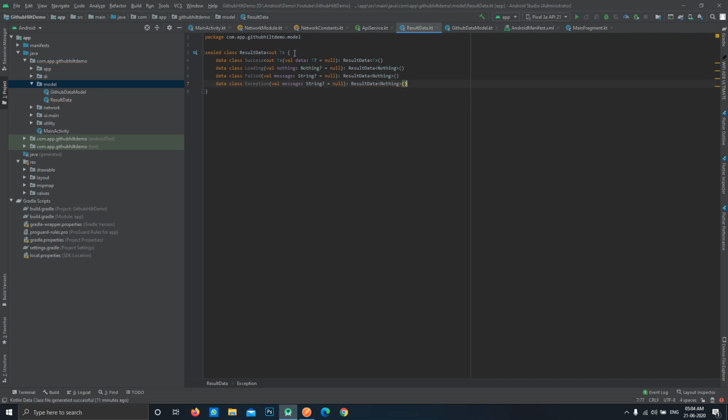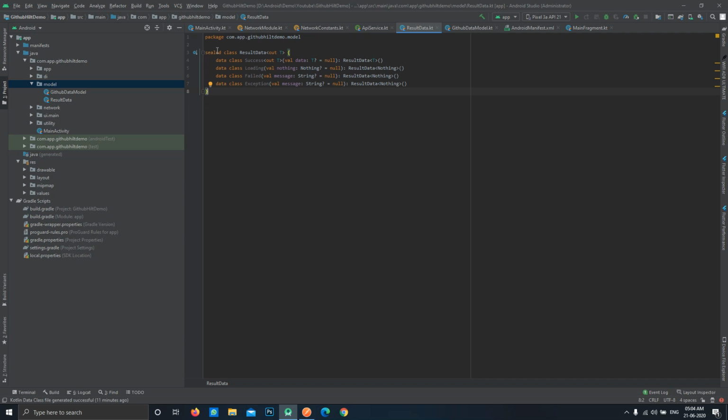Okay, so we have created our sealed class, and I am pretty sure that if you are a beginner and you are new to this concept, you will be thinking, what is this, how can I use this, what exactly is this class, and where it is required, what's the use case. So this sealed class is actually like enum classes.